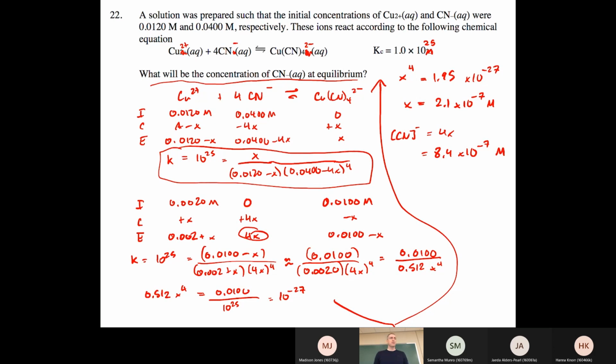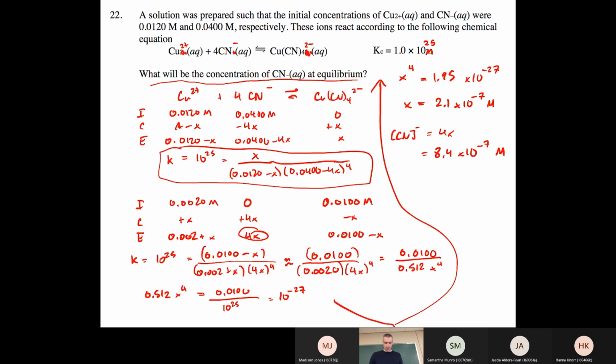So this was, I'd say, the most complicated sort of question we could maybe ask you about this sort of thing. This is well beyond what I would put on a midterm, but definitely there's some additional problem solving here, where maybe the standard approach, not that it won't work, it will work, it'll just create a real mathematical mess for you to have to deal with. So often a good strategy in questions like this, where you have either a huge value of k or a small value of k, is to push it all the way to the side that it's going to favor and then inch it back from there,